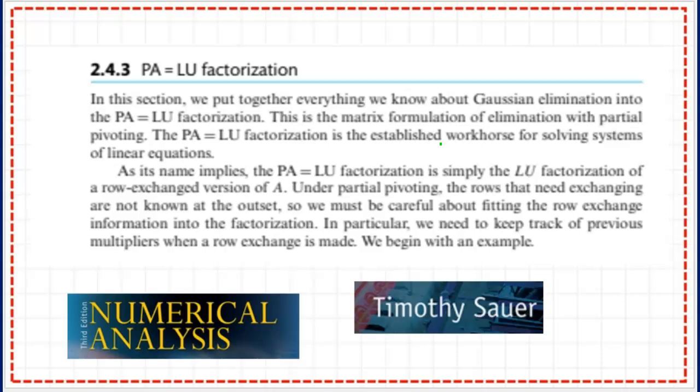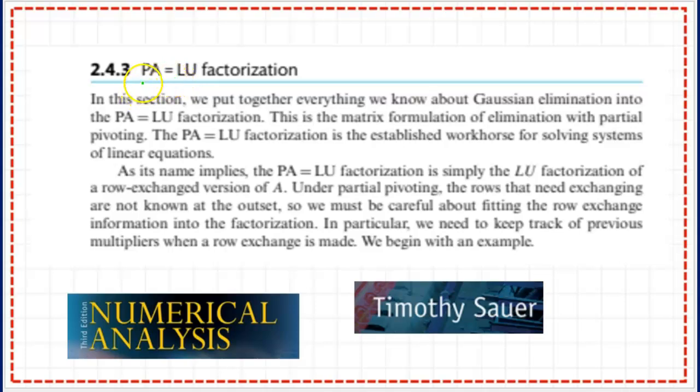In the previous 3 videos, we have discussed pivoting, partial pivoting, and scaled pivoting. And the last video, we talked about complete pivoting. Due to the pivoting, the matrix A would no longer equal LU, but we will get a new expression: the permutation matrix multiplied by the matrix A is equal to LU.